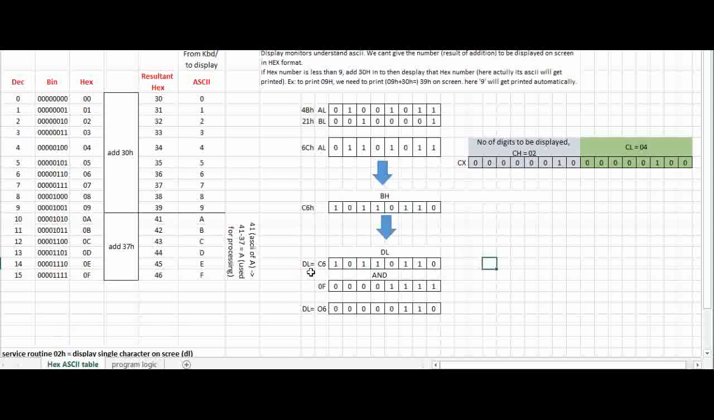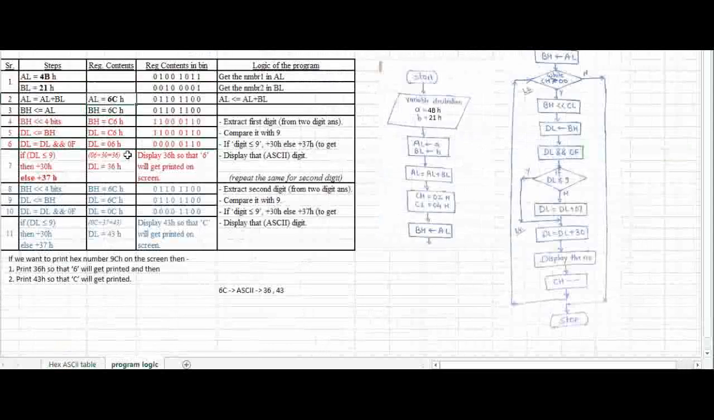Now we will AND the content of DL, that is C6, with 0F. So when you AND 0110 with 1111, anything ANDed with 1 is that number only. So you will get 0110 as it is, as the result. Whereas anything ANDed with 0 is 0. So you will get 0000 at DL. Okay, so DL now contains 06. So in this way we have extracted 6 from our result, that is